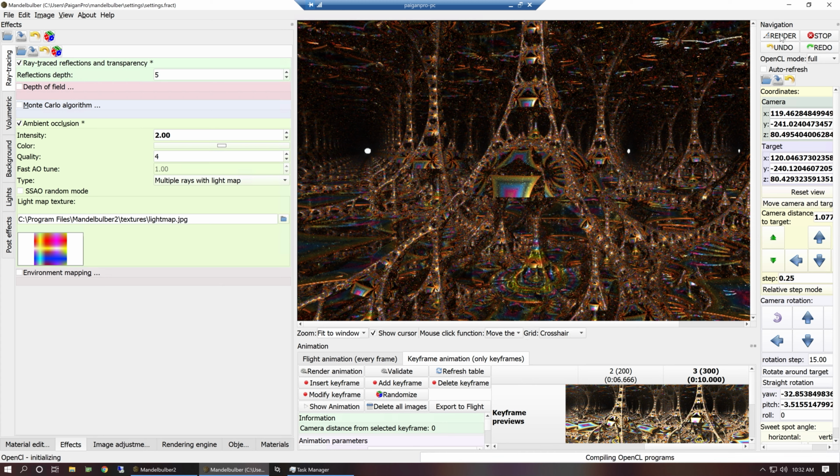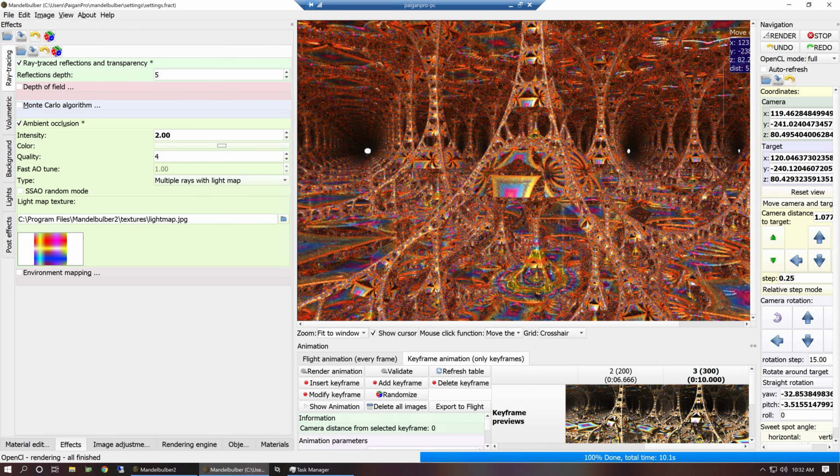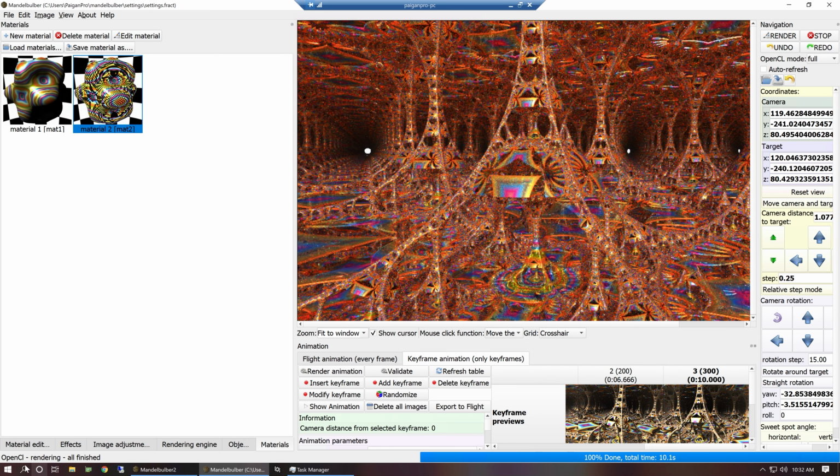Let's try that. I mean, we could light the whole scene with just ambient occlusion. Like that. Oh, very bright and colorful, and that's not really what I'm going for at all. Meanwhile, back at materials,